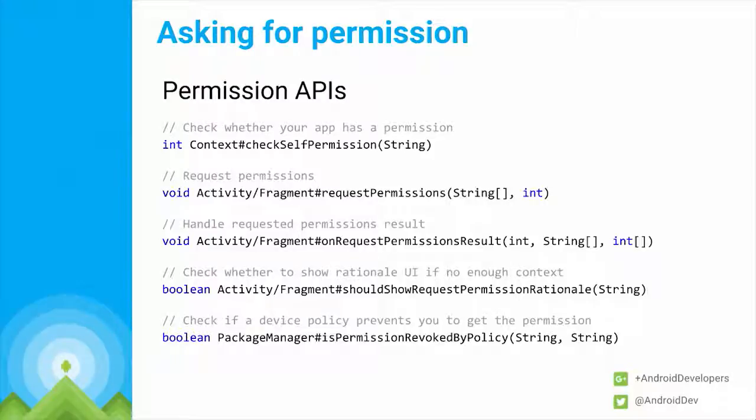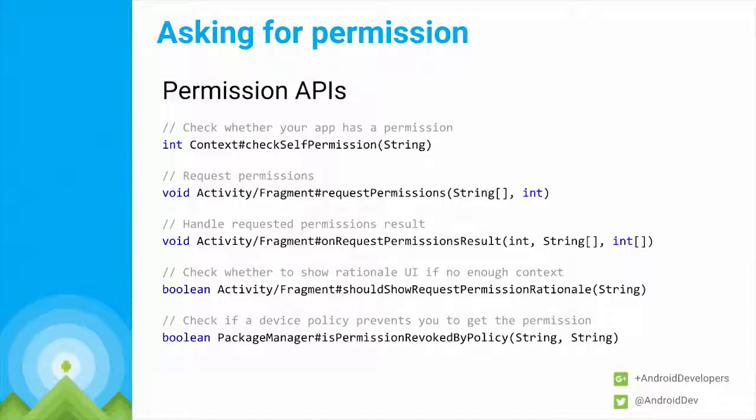Once you request a permission, you need a callback because the permission request is asynchronous. This brings up a UI, and the user has to decide what to do. So this is why you have this callback, onRequestPermissionsResult, where you need to handle the result of what the user decided to do. The last two APIs are a little non-obvious in what they do. The shouldShowRequestPermissionRationale API has a very targeted use, and it's intended for